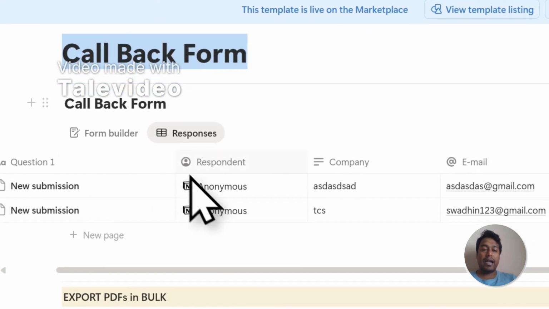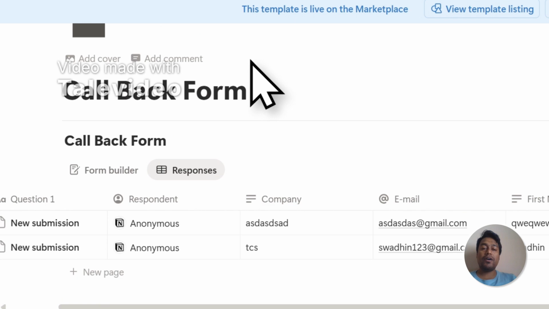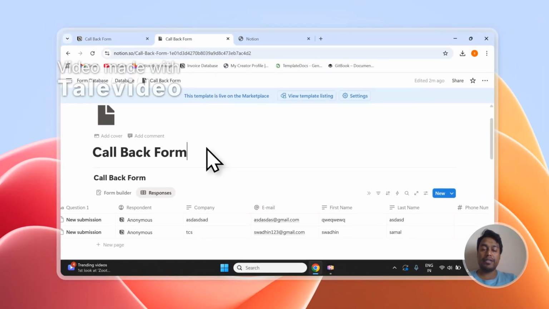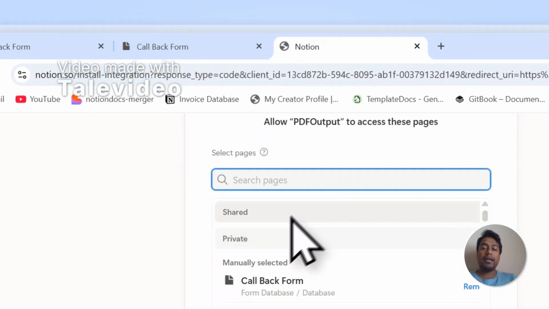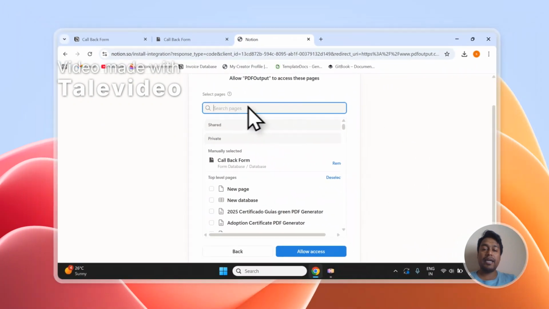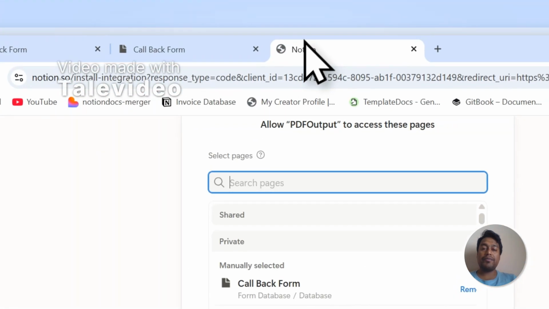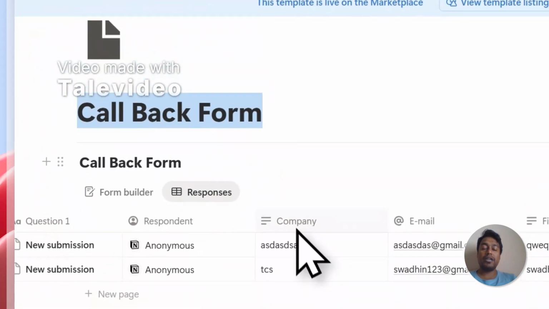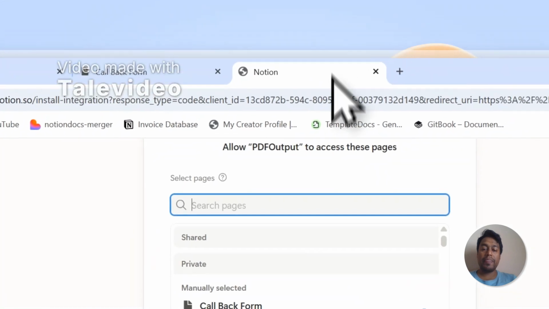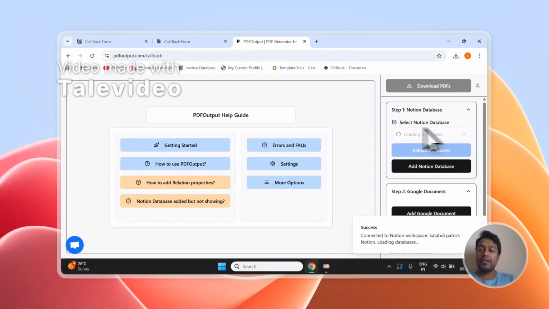Besides this, if you are adding any database which has relation and rollup properties added to it, make sure you're adding the main database as well as the relational databases. So let's say my callback form is connected to database A and database B. So I need to add the callback form, I need to add the database A, I need to add the database B as well. Okay. So I need to add the three databases so that my relation and rollup properties are visible correctly in the PDF file which will be generated. So always add all the databases which you are using, even the relational databases which are connected to the main databases. Okay. So let's click on allow access now, and my database which is being added will be reflected over